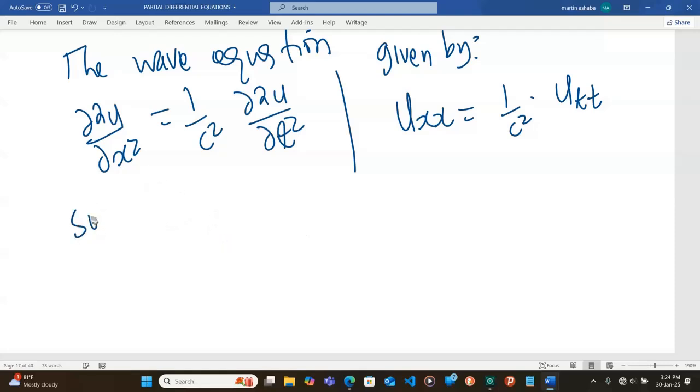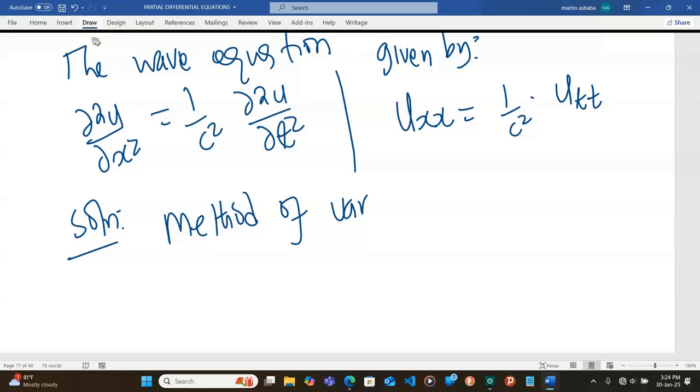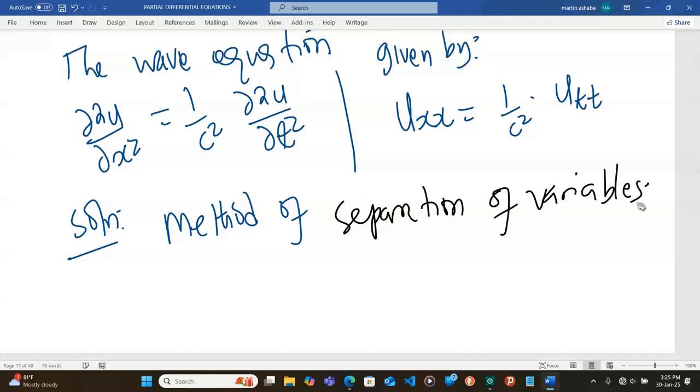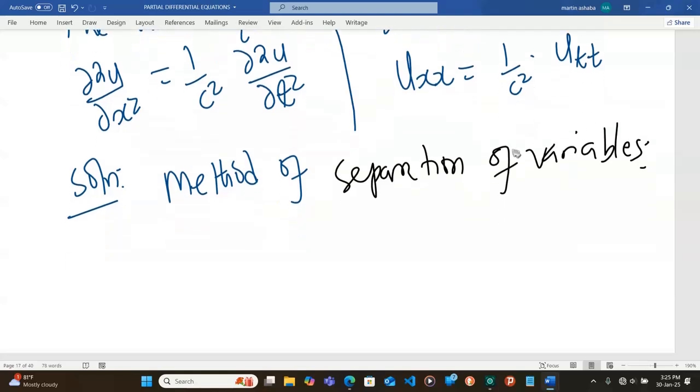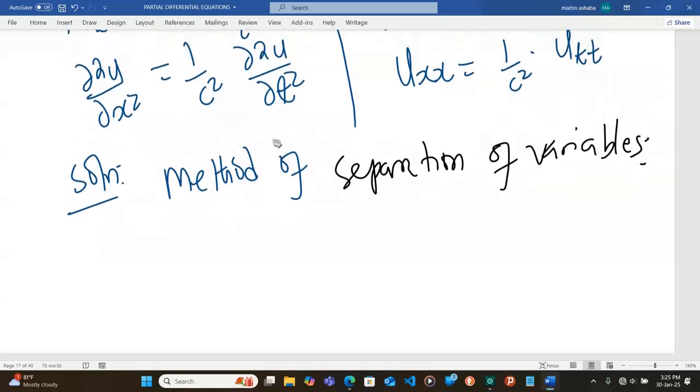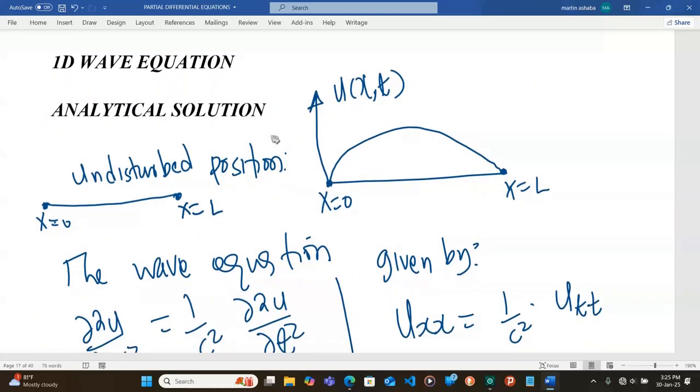So now let's look at the solution. For the solution, we are going to use the method of separation of variables. So what does this mean? We are going to, first of all, look at a number of conditions. And we are saying the position of any point P on the string, this is what we mean, any point P on the string,